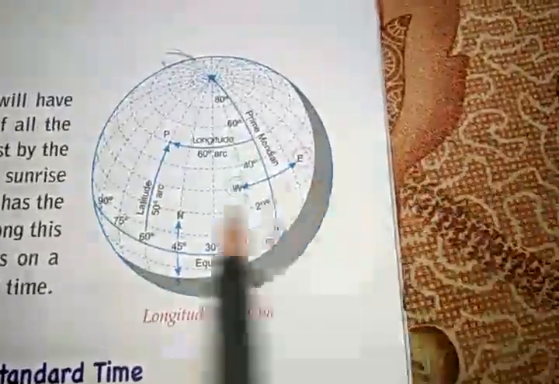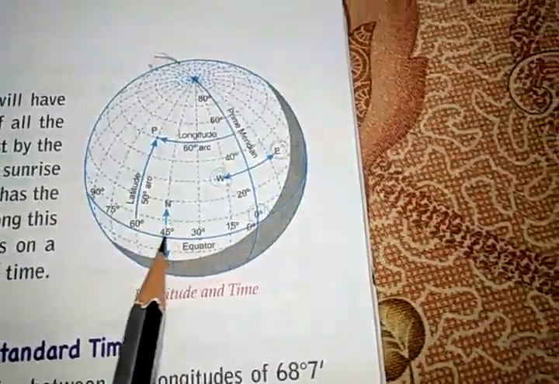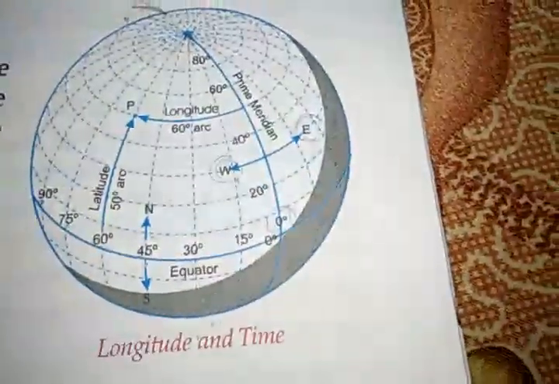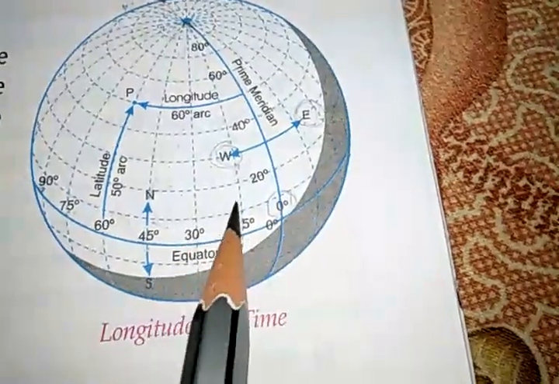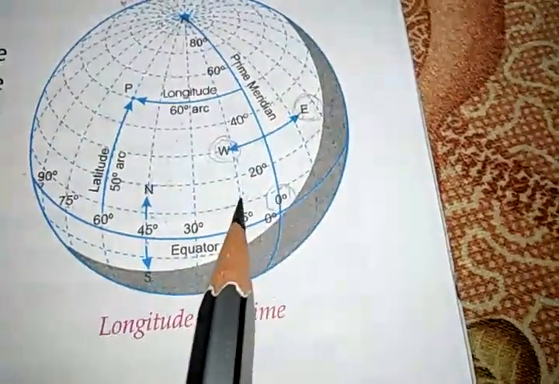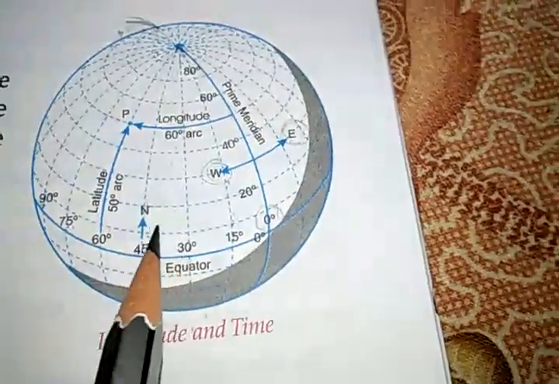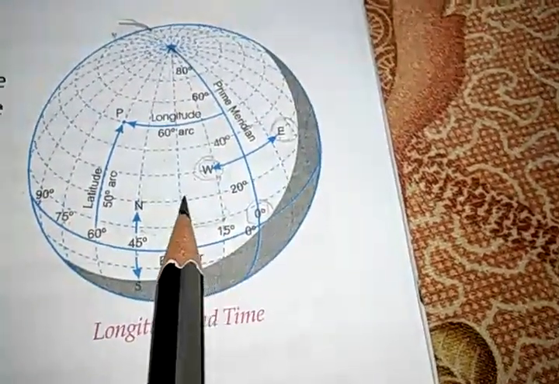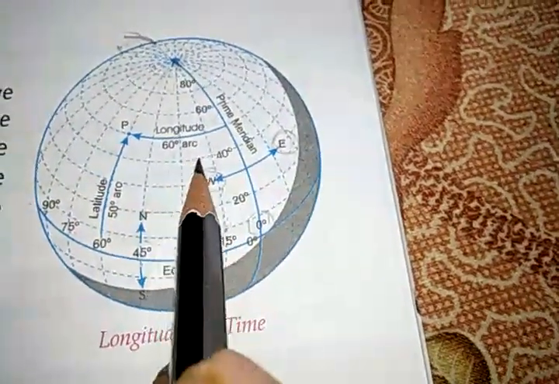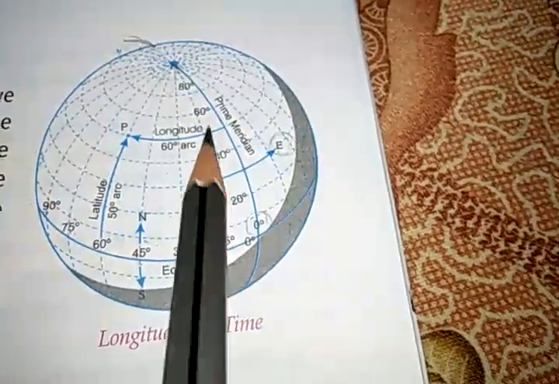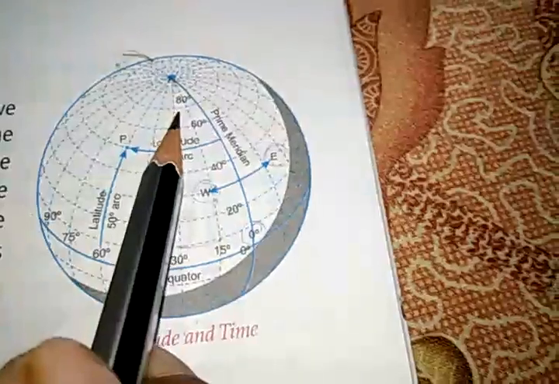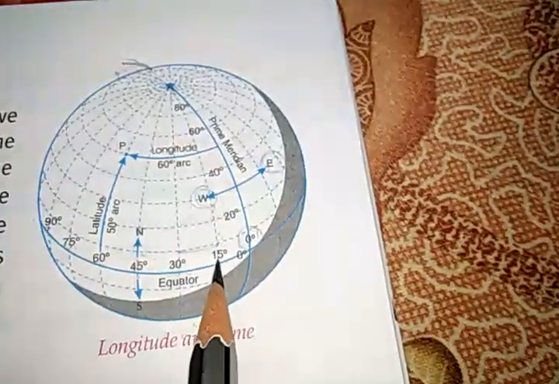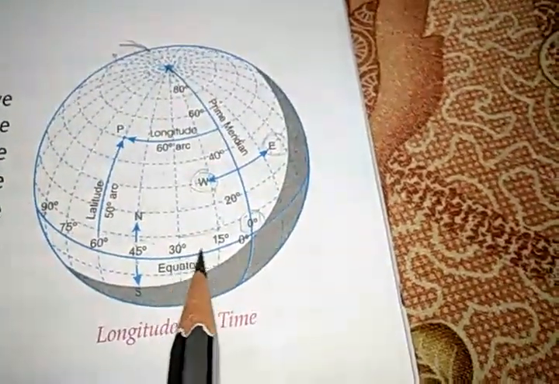Now let's see over here in the diagram. You can see that this blue line is the equator. And if you notice, suppose this is 0 degree, this is 1 degree, this is 2 degree. Let's take 1, 2, 3, 4 like that. So what do we see over here? That this distance is more than this distance. This distance is more than this distance. So as we are approaching towards the pole, the distance goes on decreasing between the two meridians or longitudes. The maximum distance is at the equator.